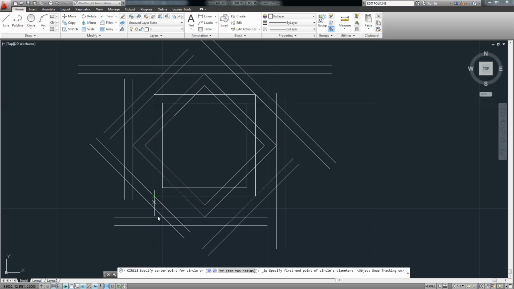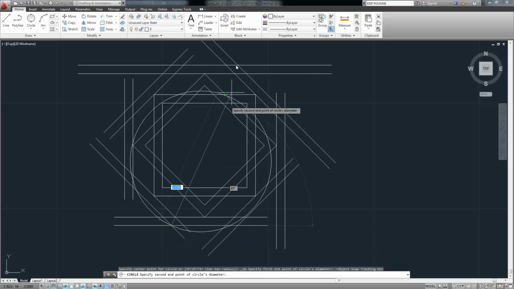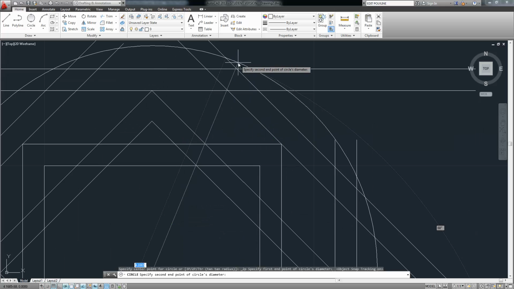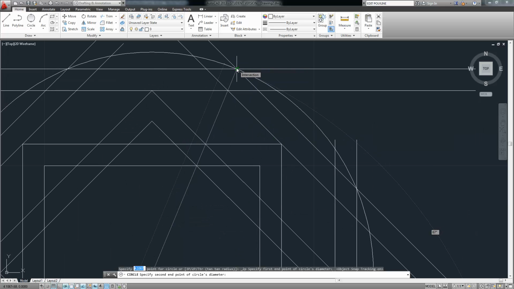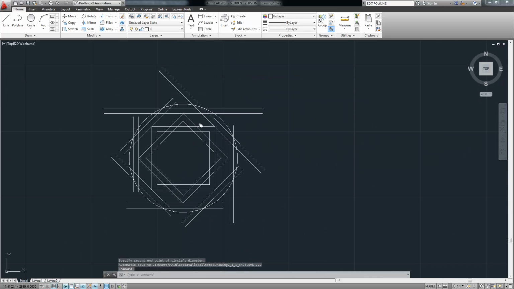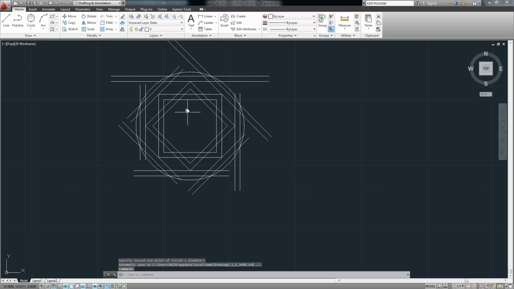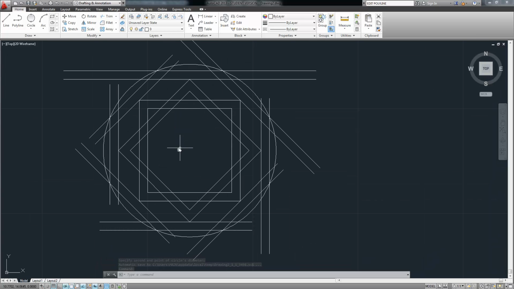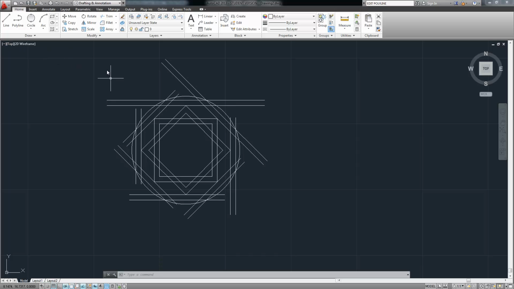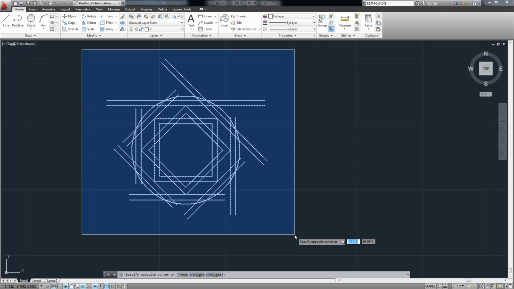Okay, and so I just selected a 2-point circle, and we can select this point and the corresponding point across there, and then there's our circle should we need it. Go ahead and put it in there. So outside of doing some trimming,